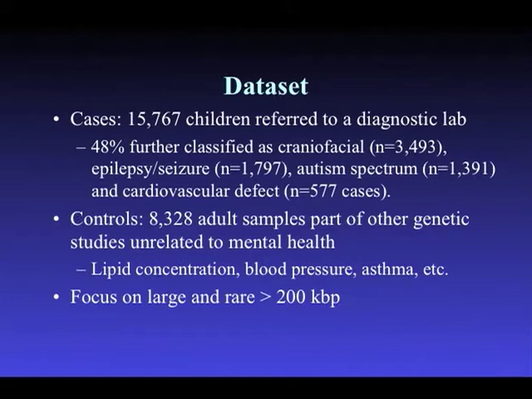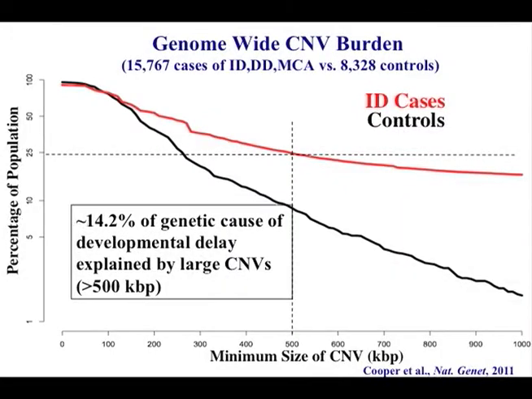And let's compare the landscape of large and rare CNVs for basically events greater than 200 kilobases, with the idea that we have way more power because we can detect in these controls much smaller events than we can in these diagnostic arrays. And the important point here is that we reanalyzed all the data ourselves. So we didn't trust any clinical lab, even though Signature does a great job. We wanted to do it all from first principles in terms of signal intensity data, including the SNP microarray data. We wanted to do all our own calls. And so this is what we published in the mid-summer last year.